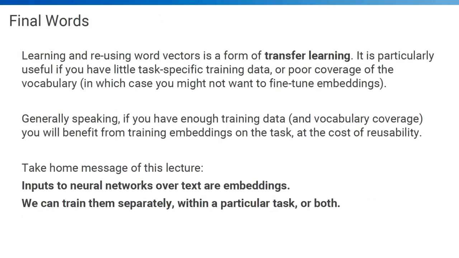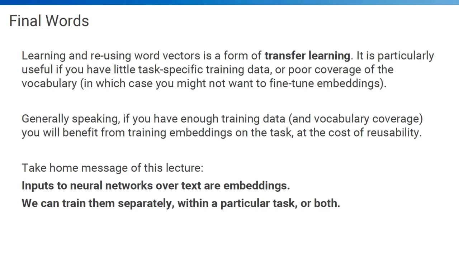Yeah, sorry. What I'd like to finish on is how these vectors will be used in other parts of the course. You can think of learning and reusing word vectors. If you pre-train them, or learn them on tasks as a form of transfer learning, you're transferring information from the objective that you use to train them. So in Word2Vec, that is predicting the context, or having the context predict the target word. And you're saying that this is a nice general purpose representation that you can use to provide features for other